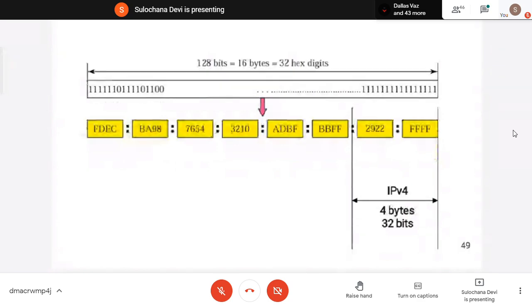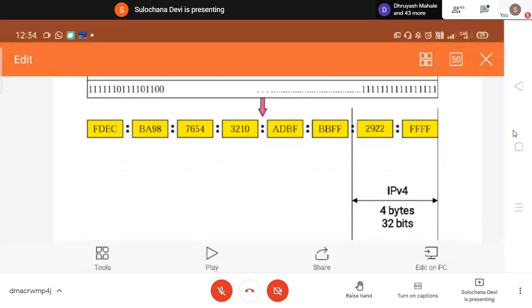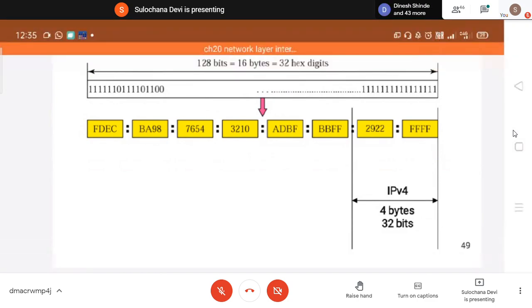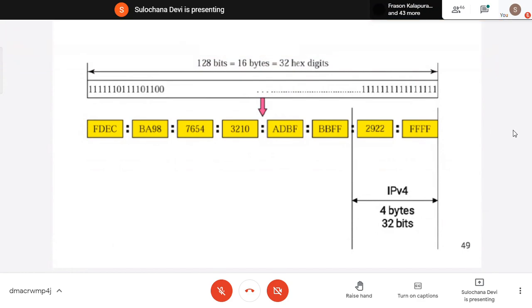In IPv4, the size is 32, and in IPv6 the size is 128. Okay, so that's why the last 32 bits hold the IPv4 address. If you have to convert to an IPv4 address, then the last 32 bits are taken as the IPv4 address, and all the remaining bits are set to 0, because if you are using IPv4, only those are used, and if IPv6, then consider all bits.